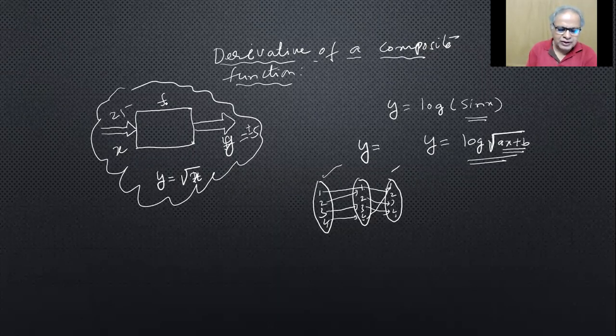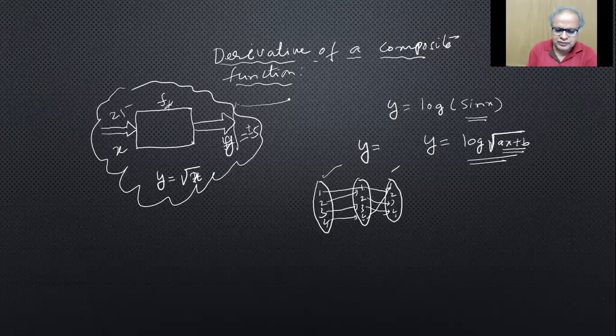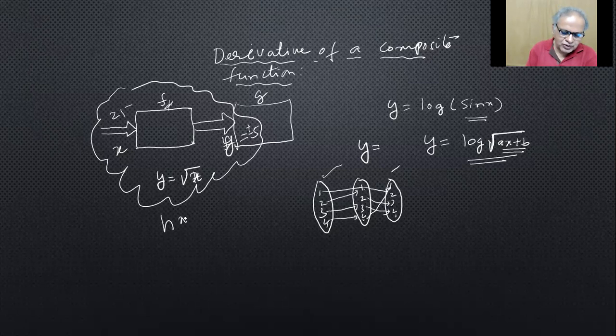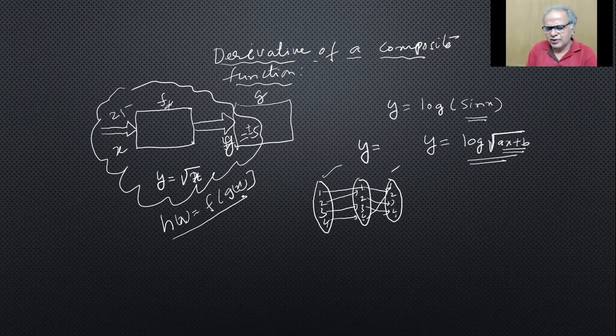See, you already have function f here. Now whatever output comes, you put into one more box, g, for example. So some h of x you can write as f of g of x, like that. A new function. But as I told you, don't worry about that formulation too much.